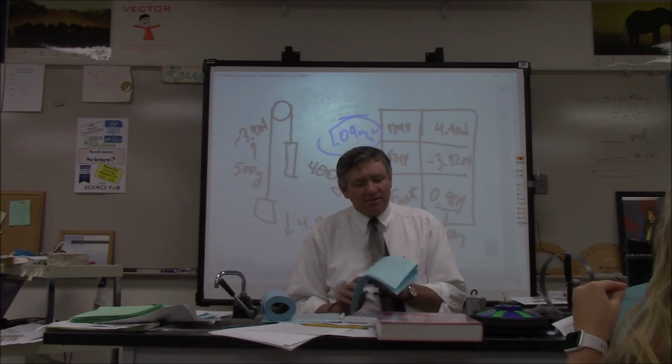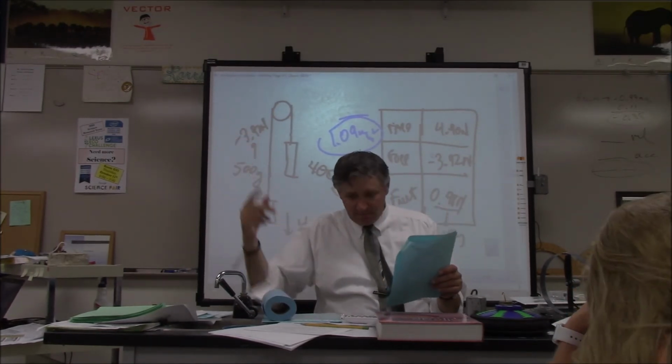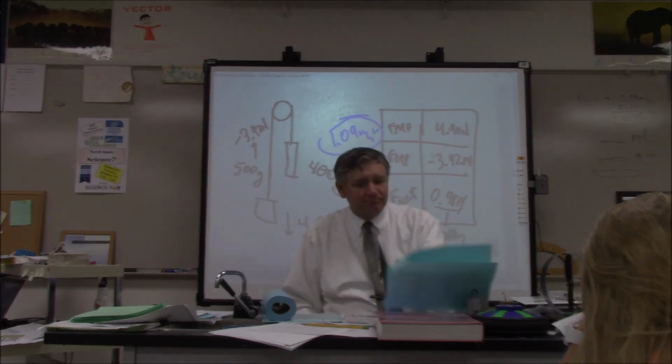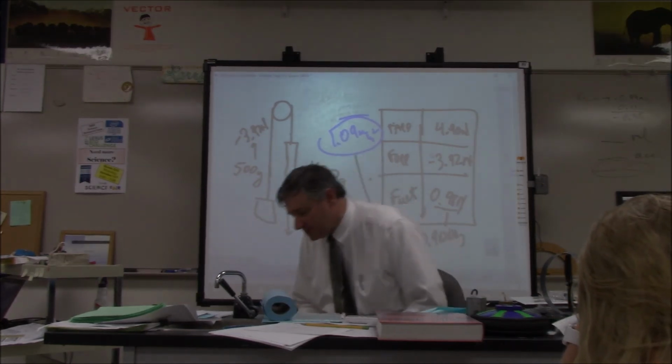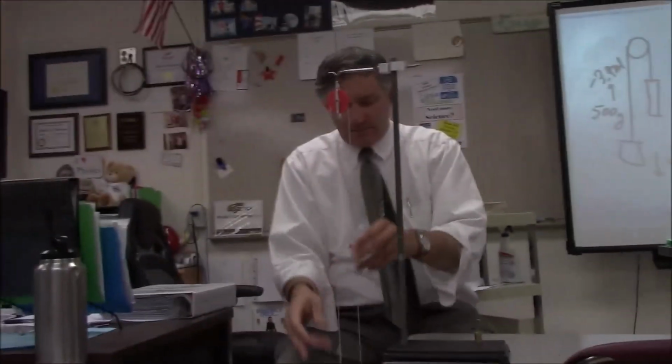Now, when you get to page 3, the Atwood machine, that's technically what the stapler system is referred to as. So what you're going to do on that one is take a pulley and put 200 gram masses on each side. But on one side, actually,